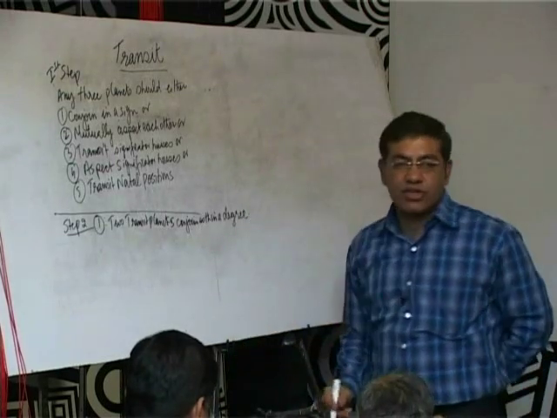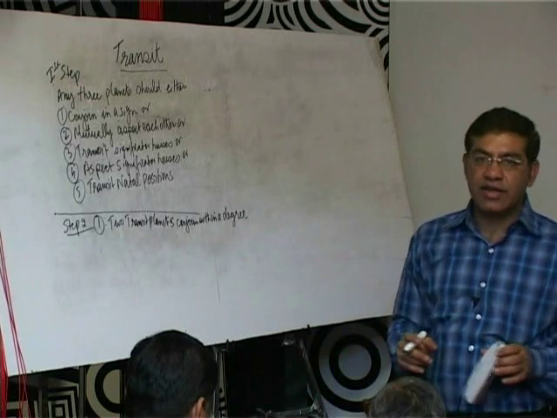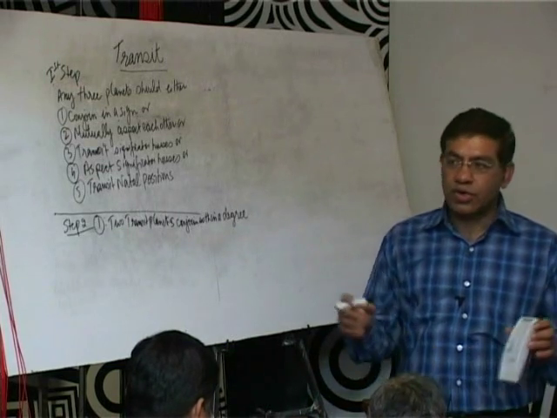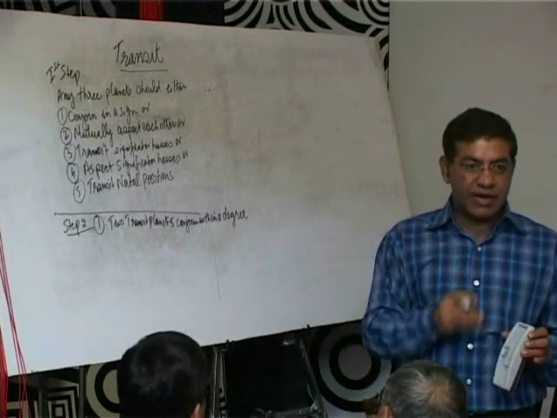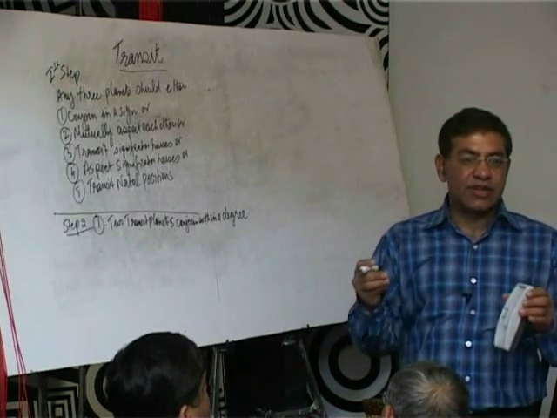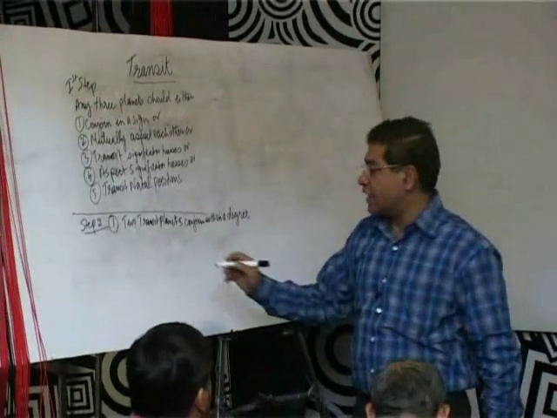Two transit planets conjoin within a degree. 2 transiting planets, when the planets are transiting, one planet conjoins with another planet within a degree. Second is